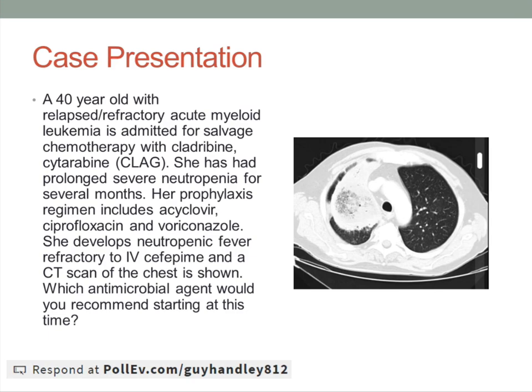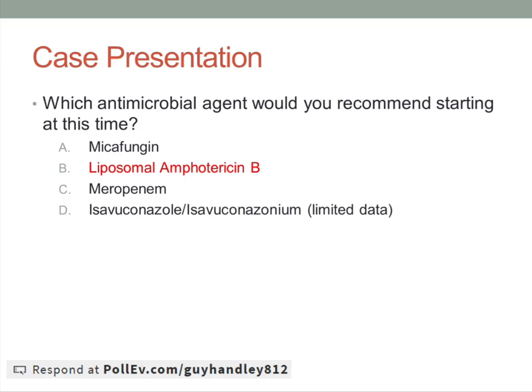And then we have this dense consolidation with actually central clearing, which is a specific finding for a certain type of fungal organism, which we'll go through. That's something called a reverse halo sign, and it can suggest zygomycosis, so mucor, rhizopus, those kinds of species. So then when we start looking at the antibiotic and antimicrobial choices, we already said it's unlikely a bacterial infection,